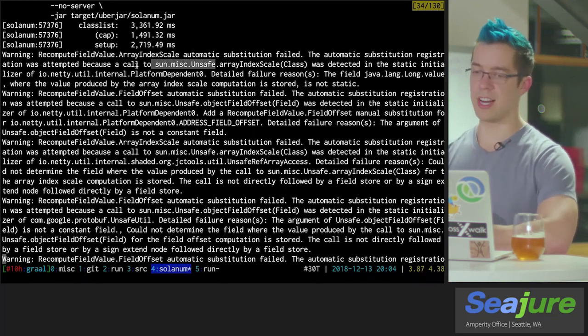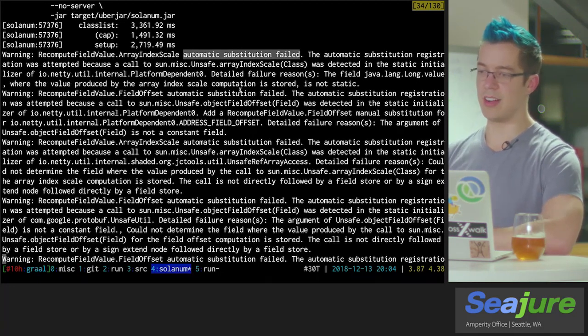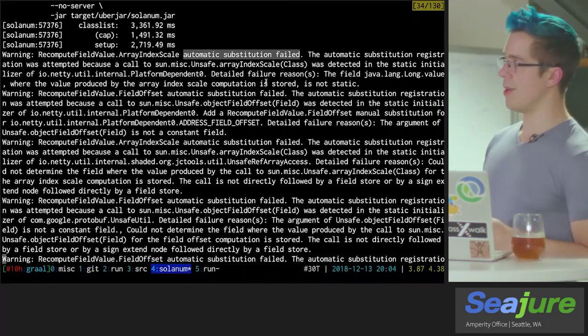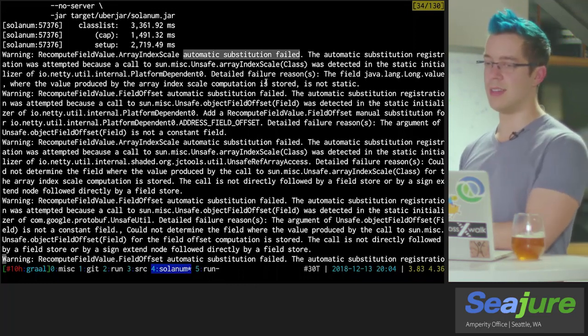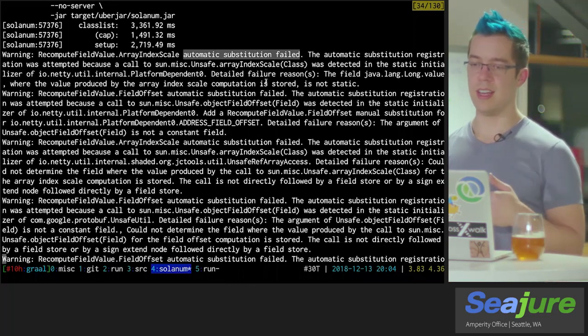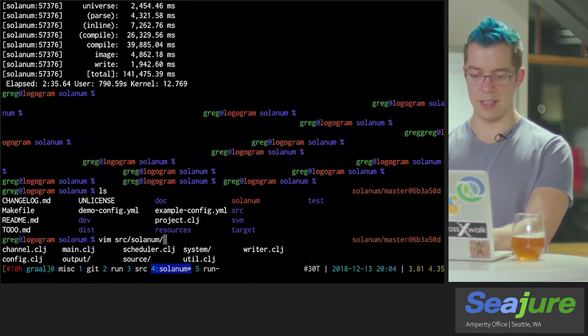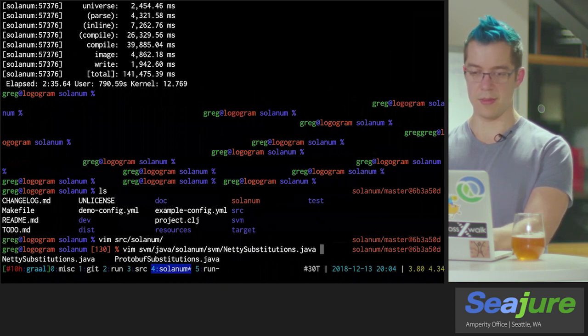And the Graal compiler actually has automatic substitutions for those cases, which is why it's saying that it couldn't figure it out here. Fortunately, it provides us a way to give it some more information and say, well, as humans, we can figure out what the intent of this substitution was, and then we can go tell Graal about it. So what that looks like, let's look at the Netty substitutions first.